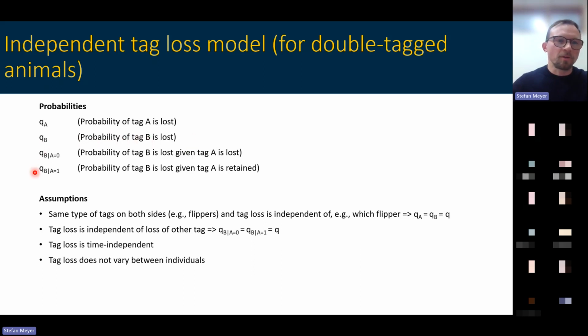And then we have two conditional probabilities. One is the probability of tag B is lost, given that tag A is also lost. And the probability of tag B is lost, given that tag A is retained. However, since we have no permanent markings